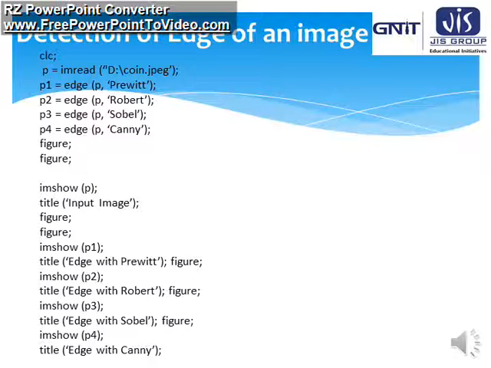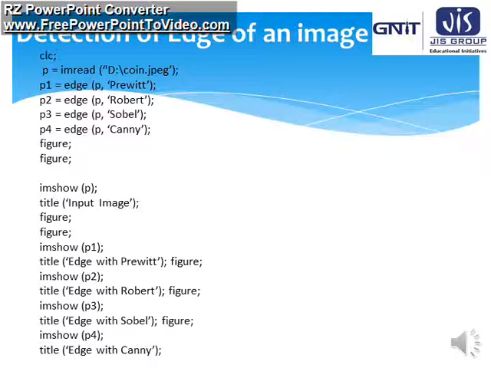So here we are taking four variables P1, P2, P3 and P4, and we are storing edges using different edge detection techniques. In P1 we store the edge using Prewitt, in P2 using Roberts, in P3 using Sobel, and lastly in P4 using Canny.